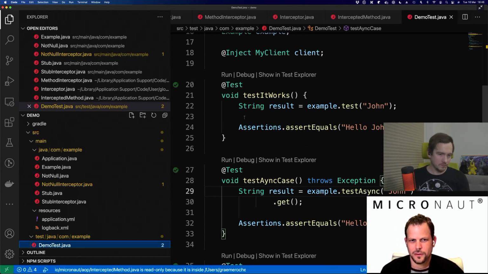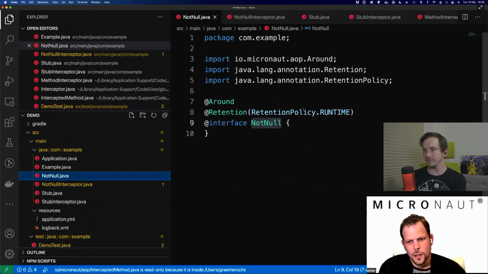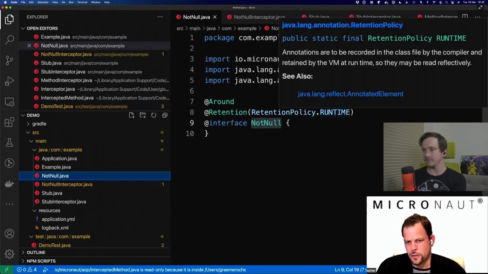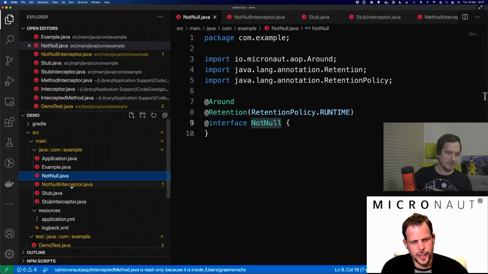On your NotNull annotation, you said that the retention was runtime. Why is that if it's all compile time? Because Micronaut does respect source versus runtime retention. So if it's source retention, it won't store it in the runtime metadata. If you see what I'm saying. So you can still access